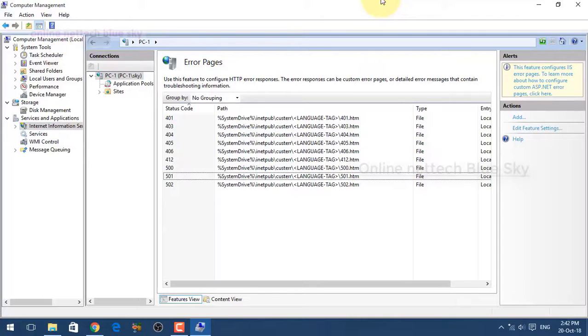So this is very important for your website and website data. I will discuss it in the next videos in a server series here.